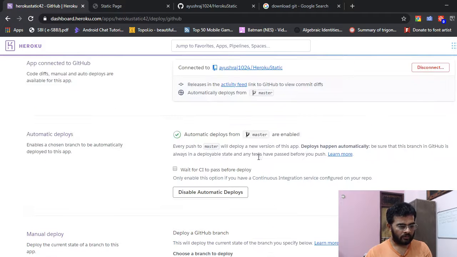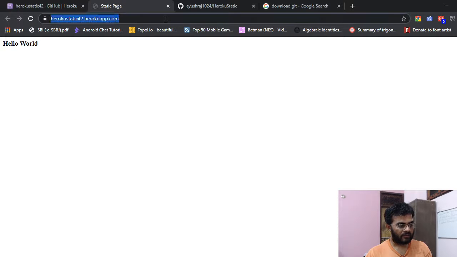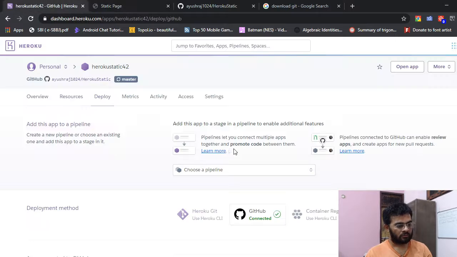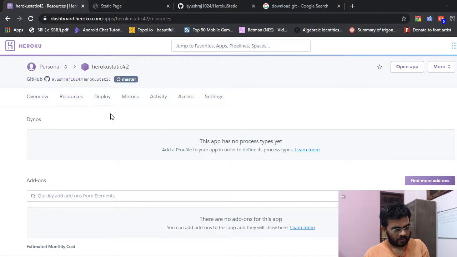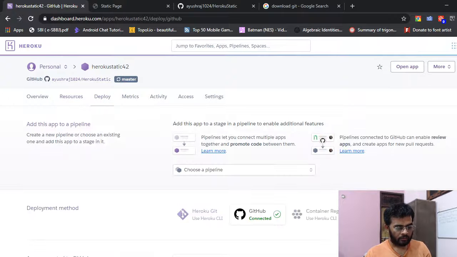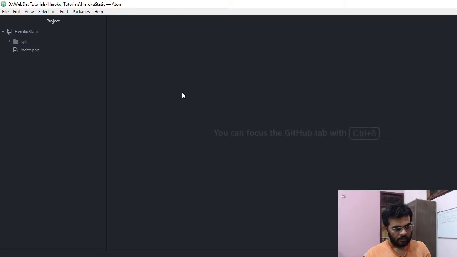You can keep it hosted for as long as you want, and you can make other people access it by giving them this URL, right? So it's totally free. You don't have to pay anything ever, unless you want to add some resources to your project, but don't do that right now. We will look into that sometime later, right? So that's how you can do it. We have hosted a very simple website.